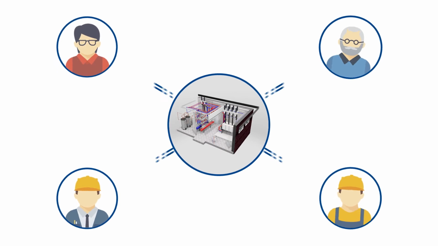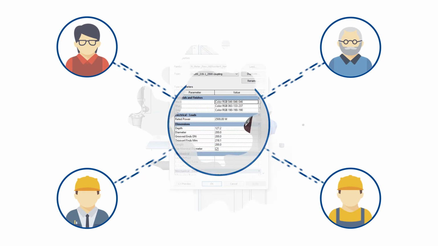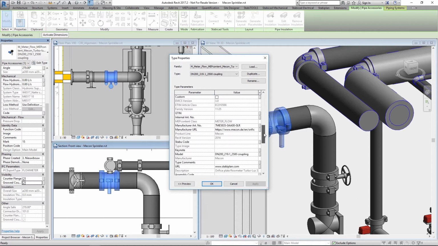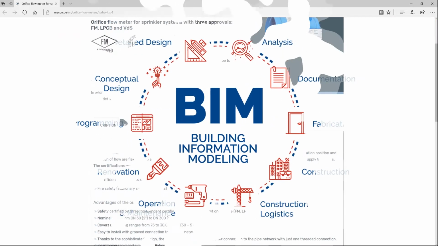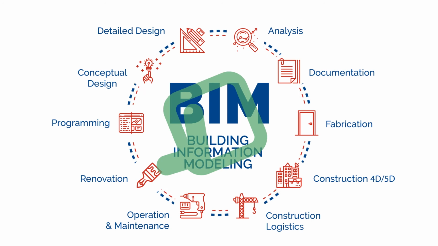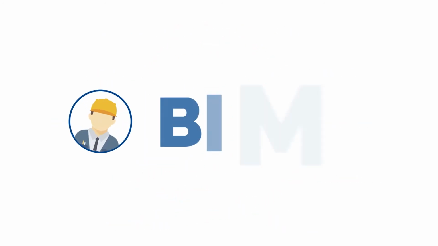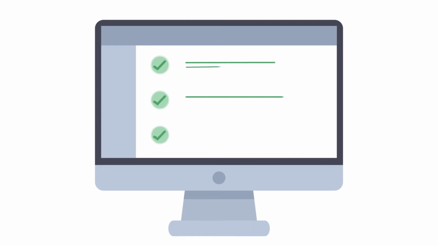Architects, MEP engineers, contractors and building managers can all work more collaboratively, accessing and updating the design. But what makes BIM really exciting is what you can do with all the information in the model. The power of BIM lies in the information. At any point in the life cycle of the project, the information is there, accurate to help reduce time-consuming errors and rework, accessible by all project stakeholders for better communication, and actionable to help form your decision-making with simulation analysis